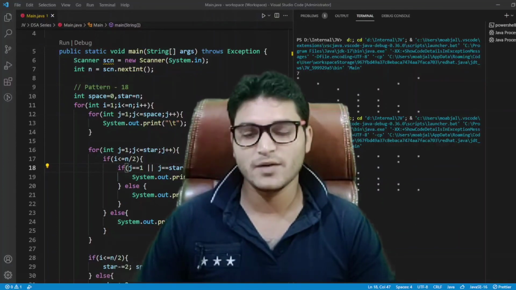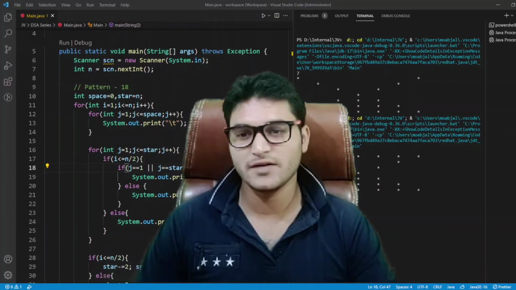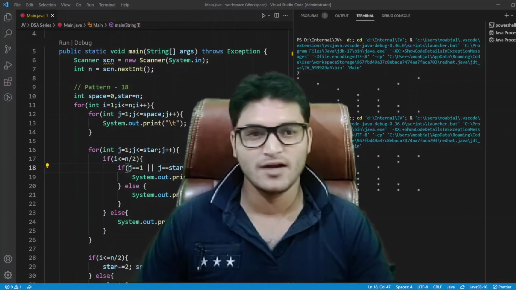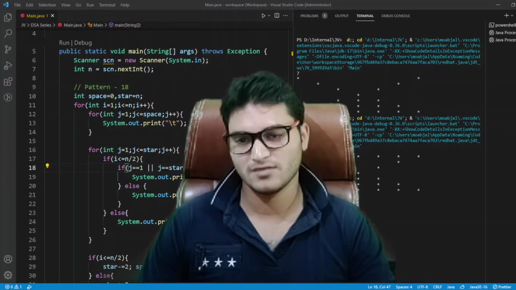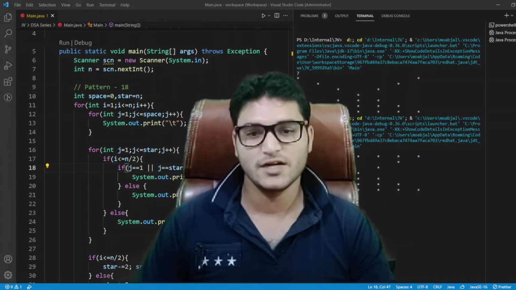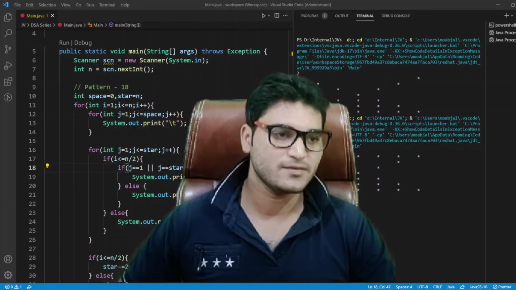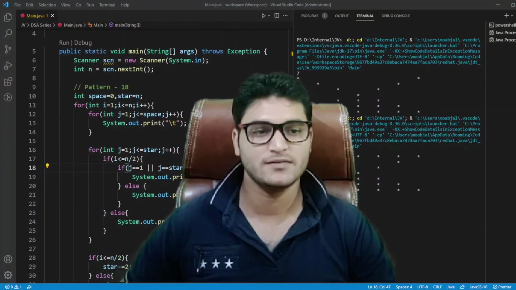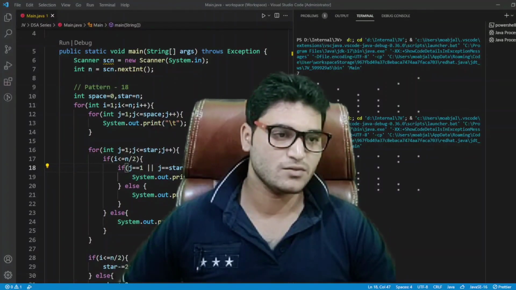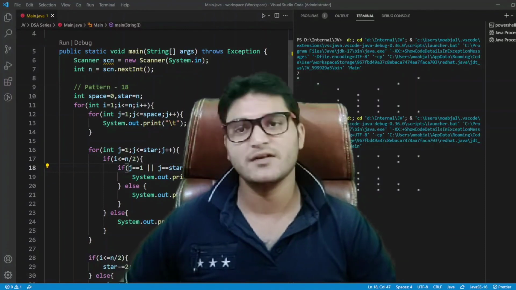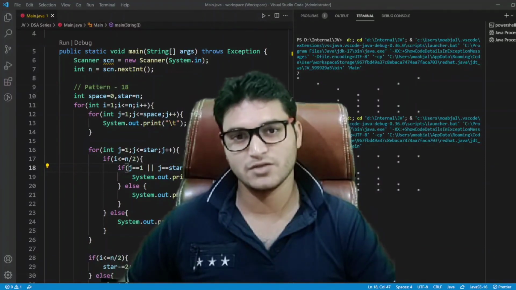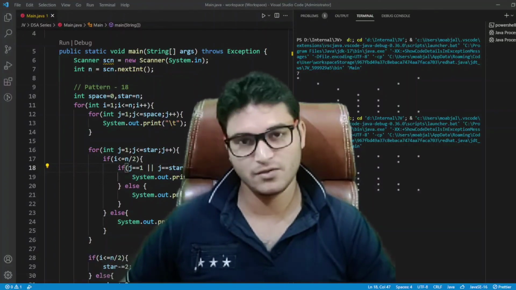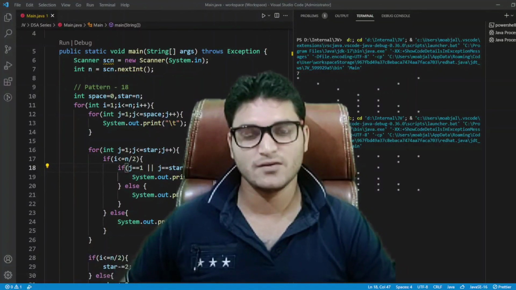Very soon we are going to finish the patterns. We have already covered 18 patterns, and I will be covering 2 or 3 more patterns, or even 5 patterns, so that no program should be left regarding patterns. So that after that we can continue our DSA part, because we have to do some questions on linked list, array, stack, queue, 2D array, and of course trees and graph.